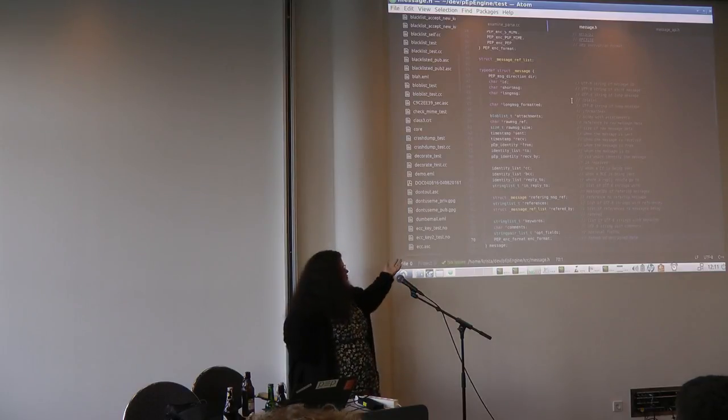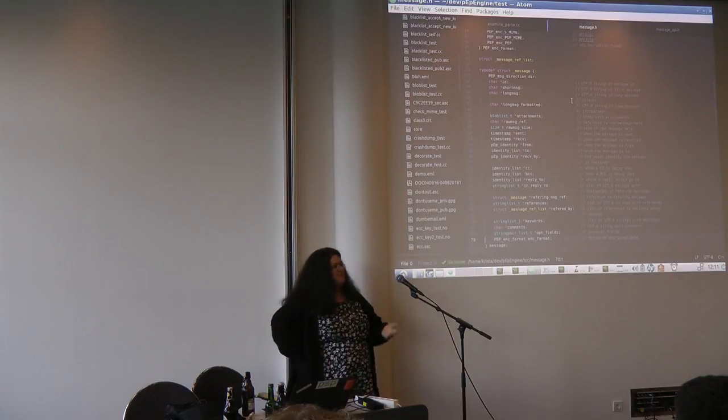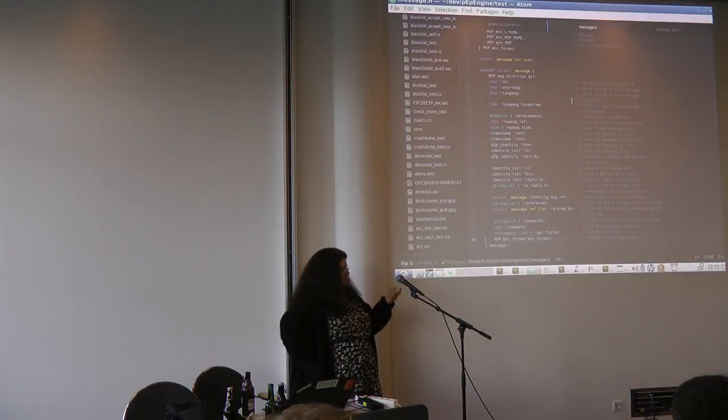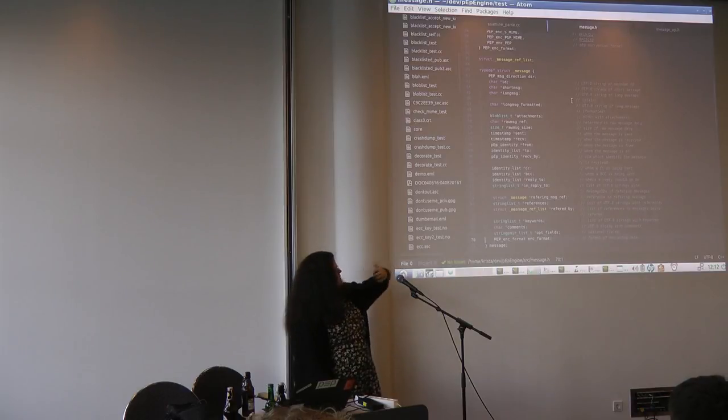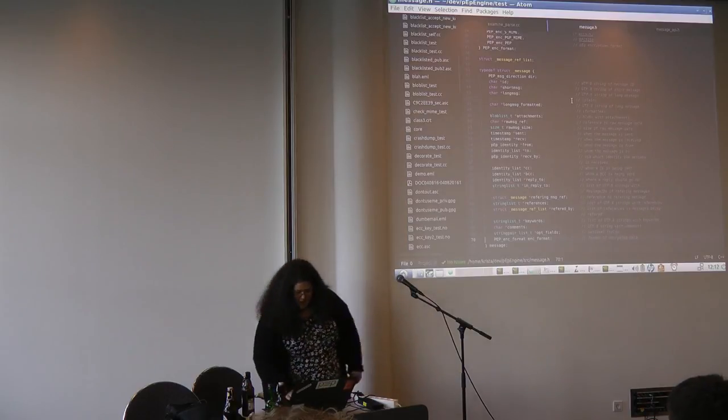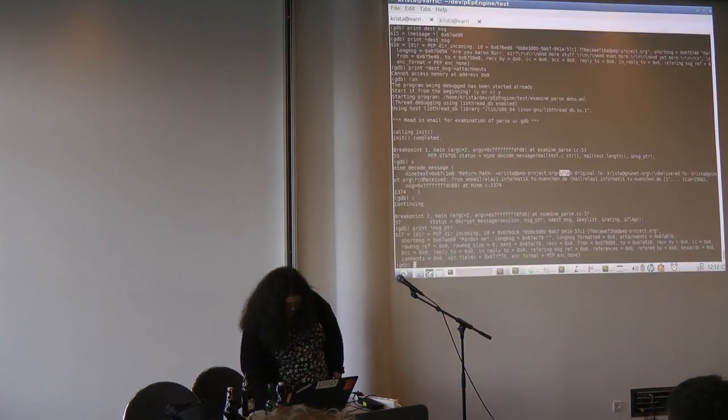A short message here, for example, is the subject in an email. It might be something else in an SMS, though there are SMSs which have subjects as well. The long message is the core of the email, and the long message formatted, when we're doing email, is the HTML section of an email, but it could be something else for other protocols. And so we've sent this to decode message, and what we get out of this is